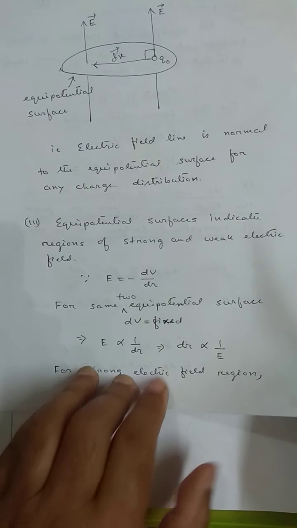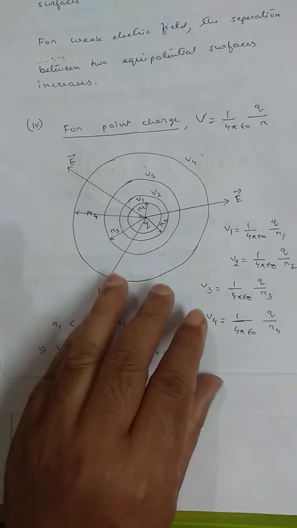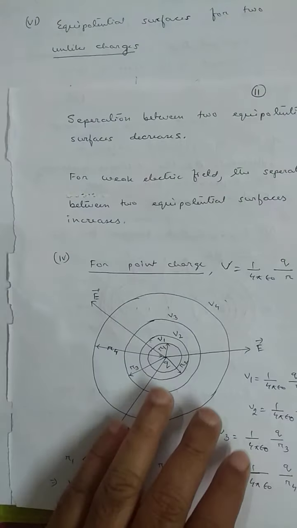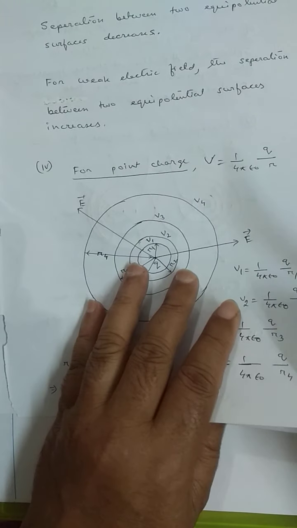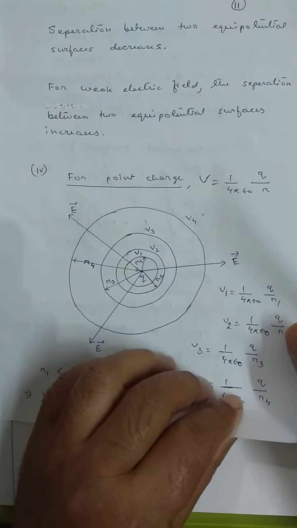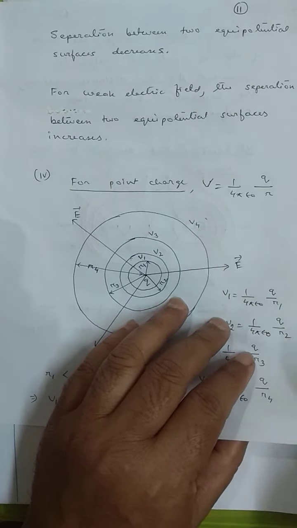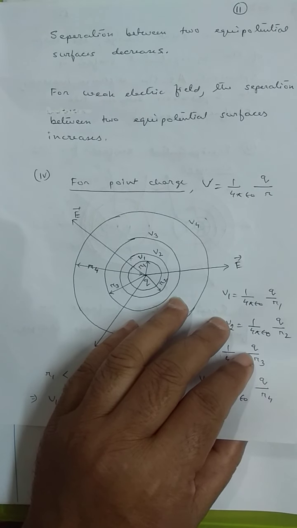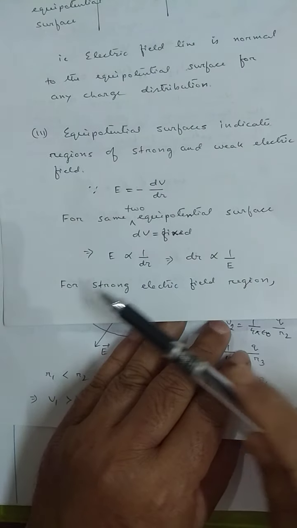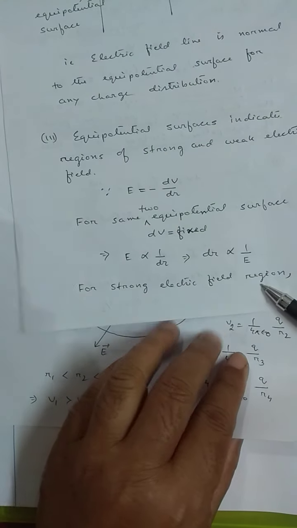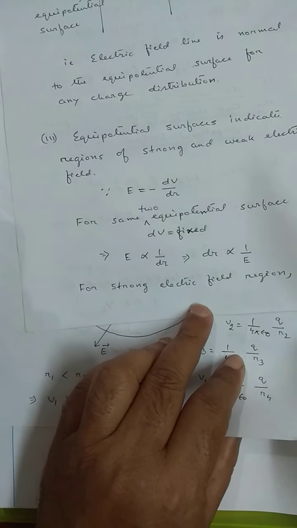That means from the separation of 2 equipotential surfaces, we can make certain conclusions about the electric field. For the strong electric field region,